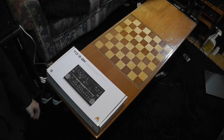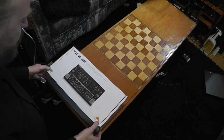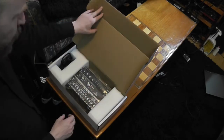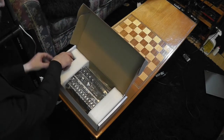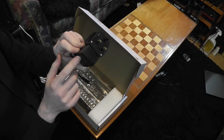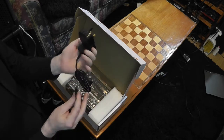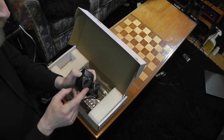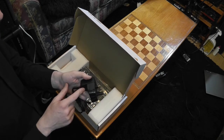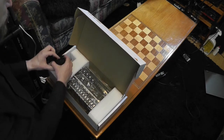Okay, so there are a couple of things that are noteworthy about this. I got this from Thomann, and I always forget about this when I get something from Thomann: if it's something that's wall-warty, they don't supply you with a UK adapter. They supply you with the Euro-style adapter, and then a UK adapter, and I had to bodge it all together. So it's just worth remembering, if you buy something from Thomann, you won't get a UK adapter, you'll get a Euro one and a Euro to UK adapter. Anyway,